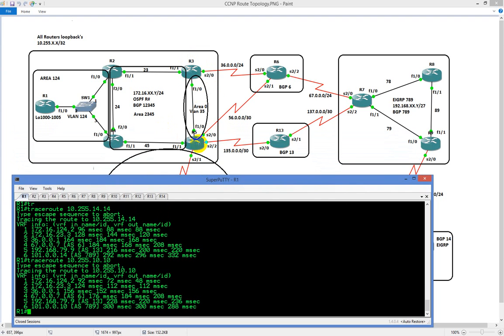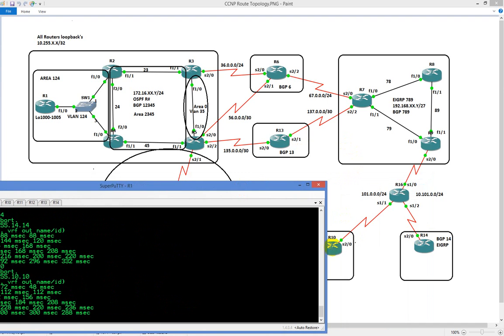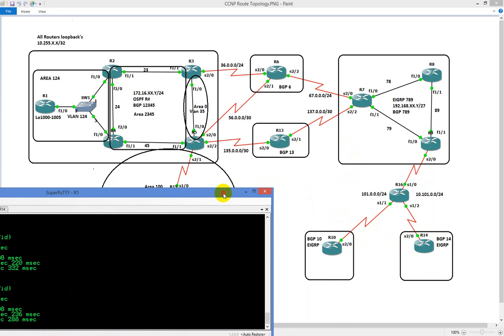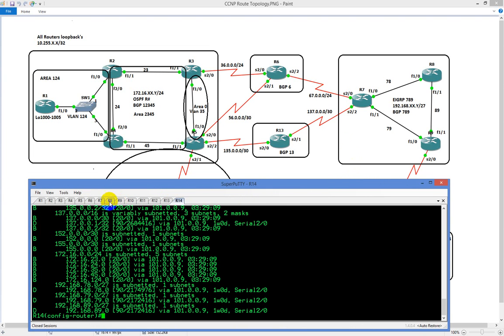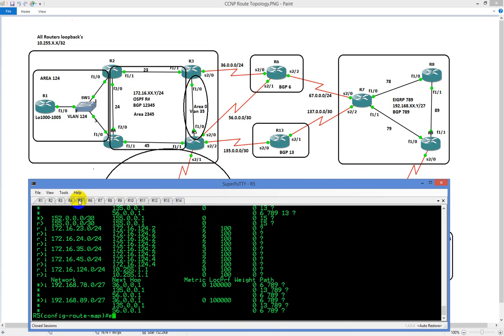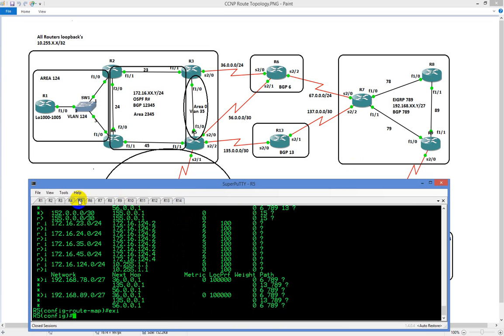What we're going to do now is go to router 5, and we're going to say anything coming from router 4, these two routes, anything that was originated in 10 or 14. So let me just double check that those are set up the way that they are. BGP 10.10 and 14.14. So on router 5, I'm going to exit out of here, and I'm going to type in